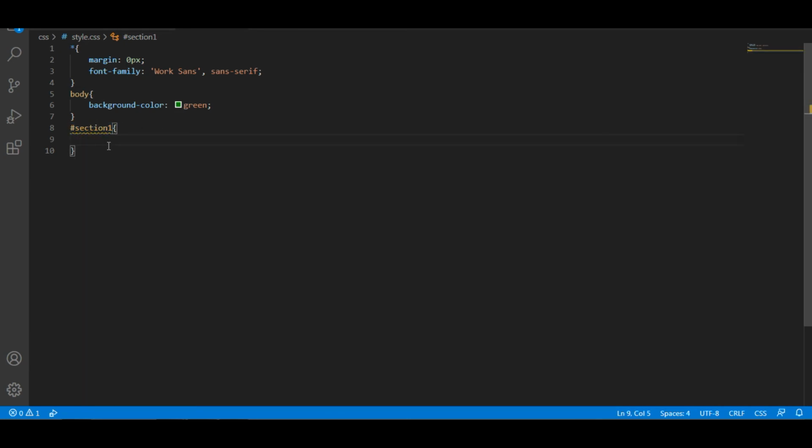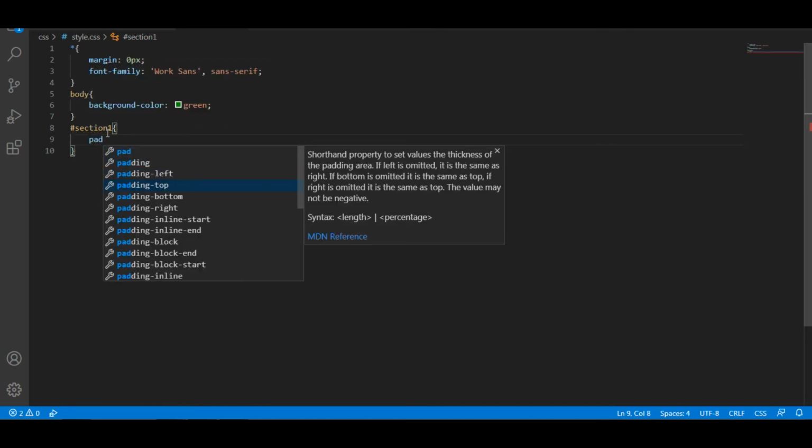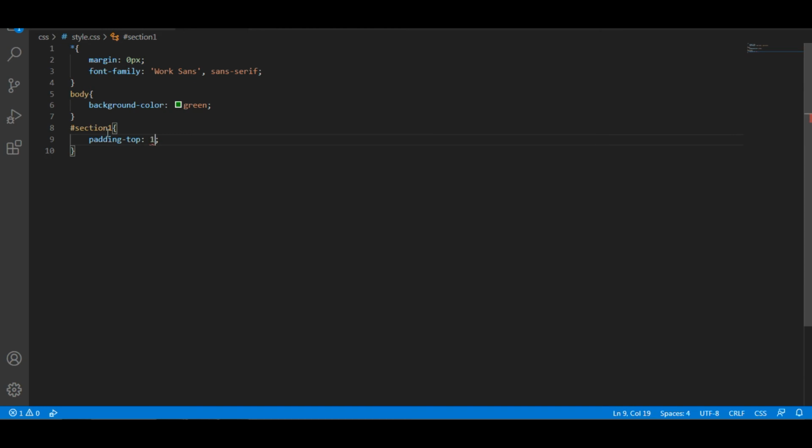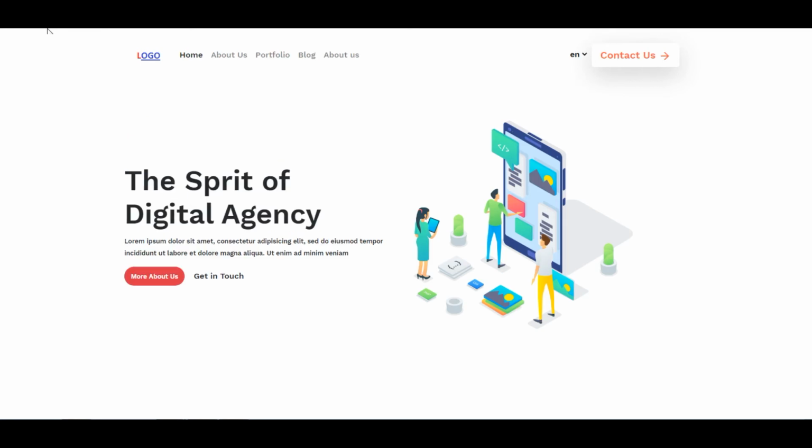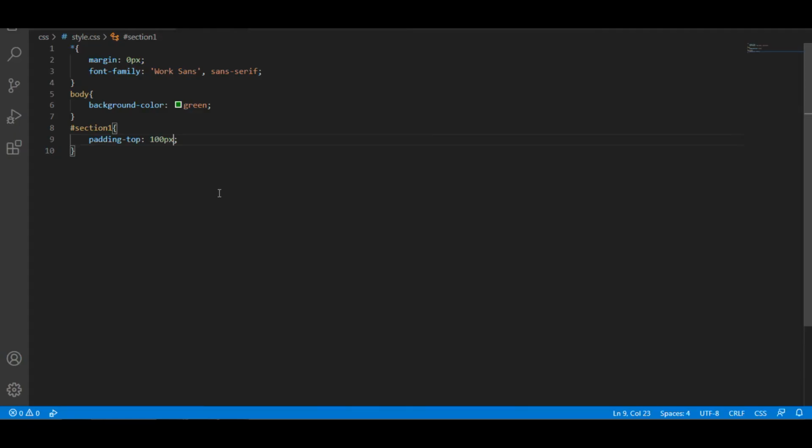For the padding top, I want 100 pixels. So I want to come down 100 pixels from the top of the navbar. While refreshing, you can see it's centered and some padding from the top has been applied. Okay, our first section is completed.